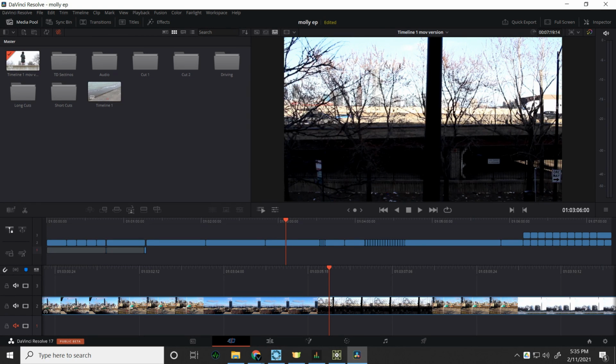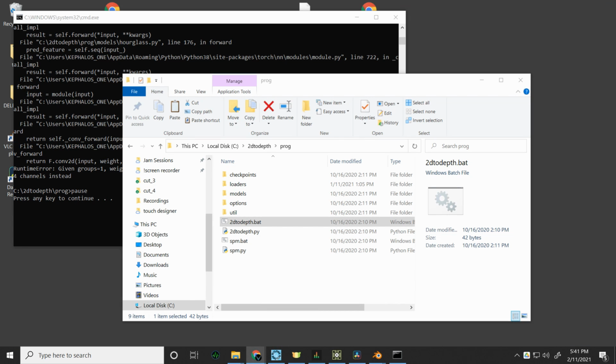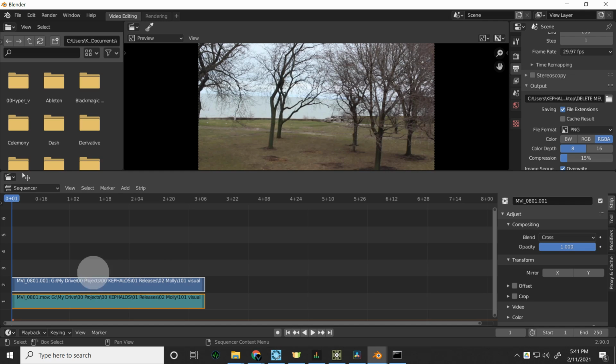After prepping the clips, they were fed into the 2D to depth program. So one of the downsides of 2D to depth is you have to export your entire movie as a PNG sequence. We used Blender for that. It's free. It's amazing. I love Blender so much. There's probably many other ways to export a PNG sequence, and I'm not going to go into the full tutorial,